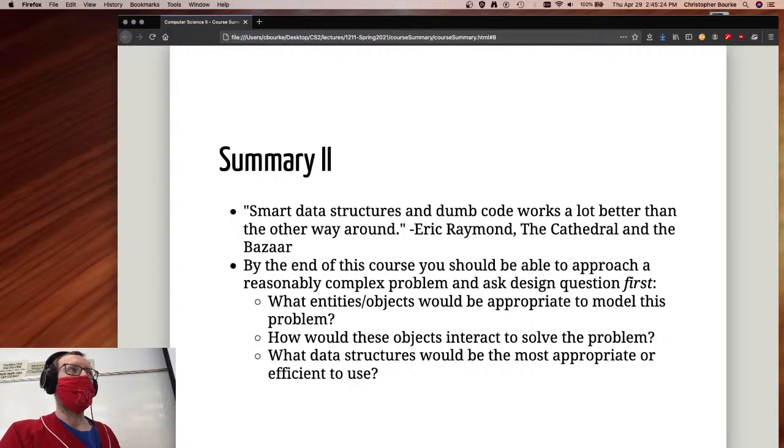Take PHP. There's no binary search built in. Why? Because there are no lists, right? There are no arrays. You only have associative arrays, and associative arrays under the hood are hash tables. Hash tables are already efficient. You don't need binary search, right? And so that's why there is no binary search. So other languages do things slightly differently, and you just have to learn the nuances thereof, right?